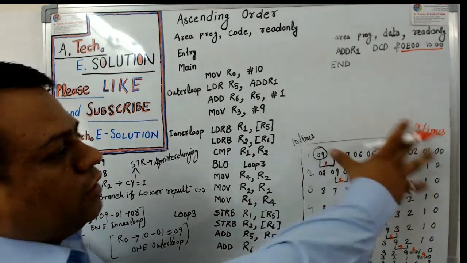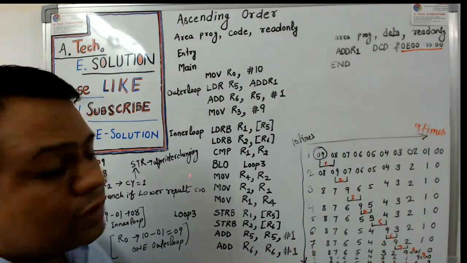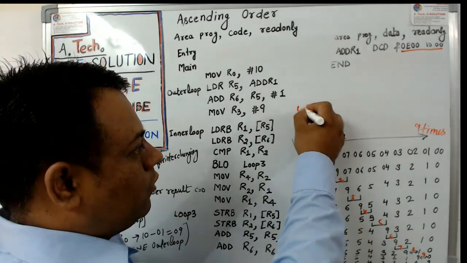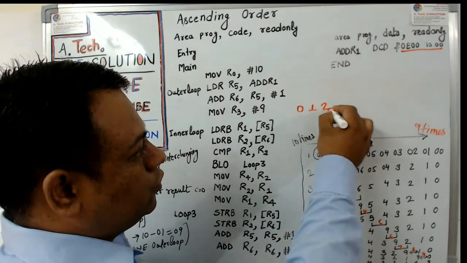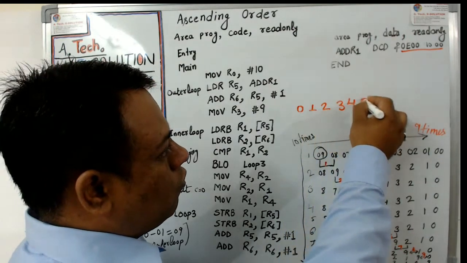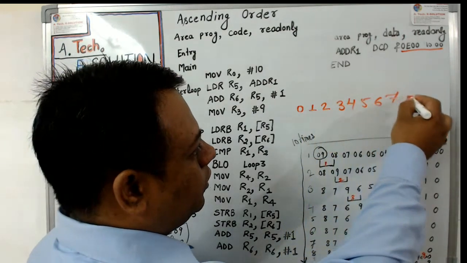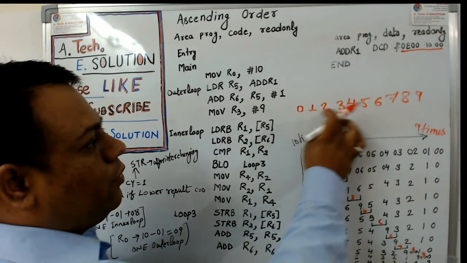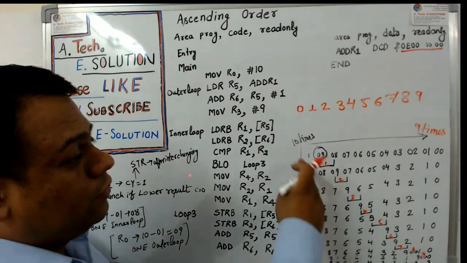We have to arrange these numbers in ascending order. So 0 should be first, then 1, 2, 3, 4, 5, 6, 7, 8, 9. In this manner we have to represent these numbers, but they are written in